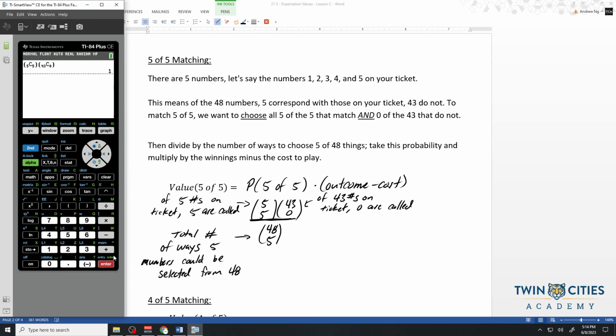And that's 1. There's one way for this to happen, which makes sense. If I have 5 numbers on my ticket, there's only one way that all 5 of them are going to be picked. That's if all 5 of them are picked. So the top is 1, and the bottom, this is 48 choose 5. The total number of ways that 5 numbers could be selected from 48 is this. So we've got 1 over